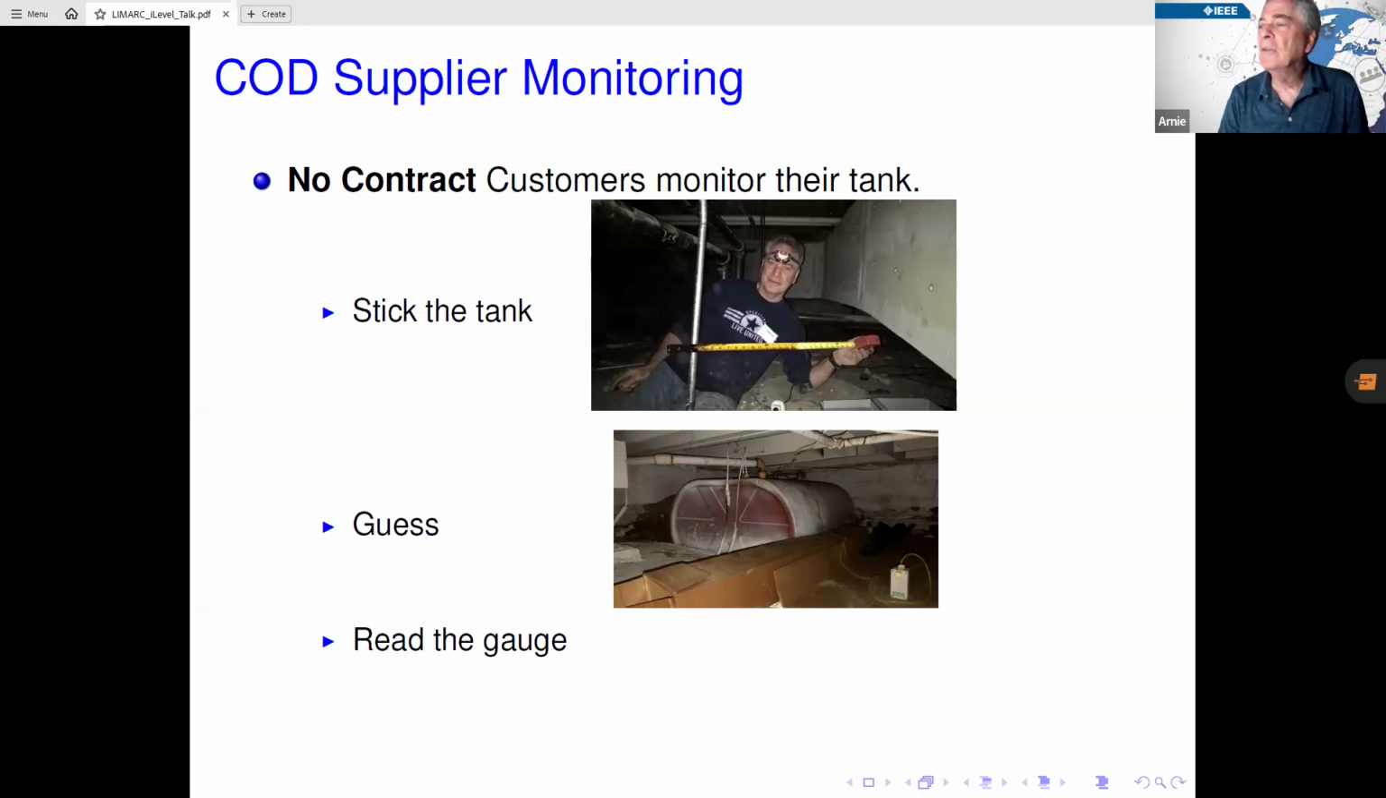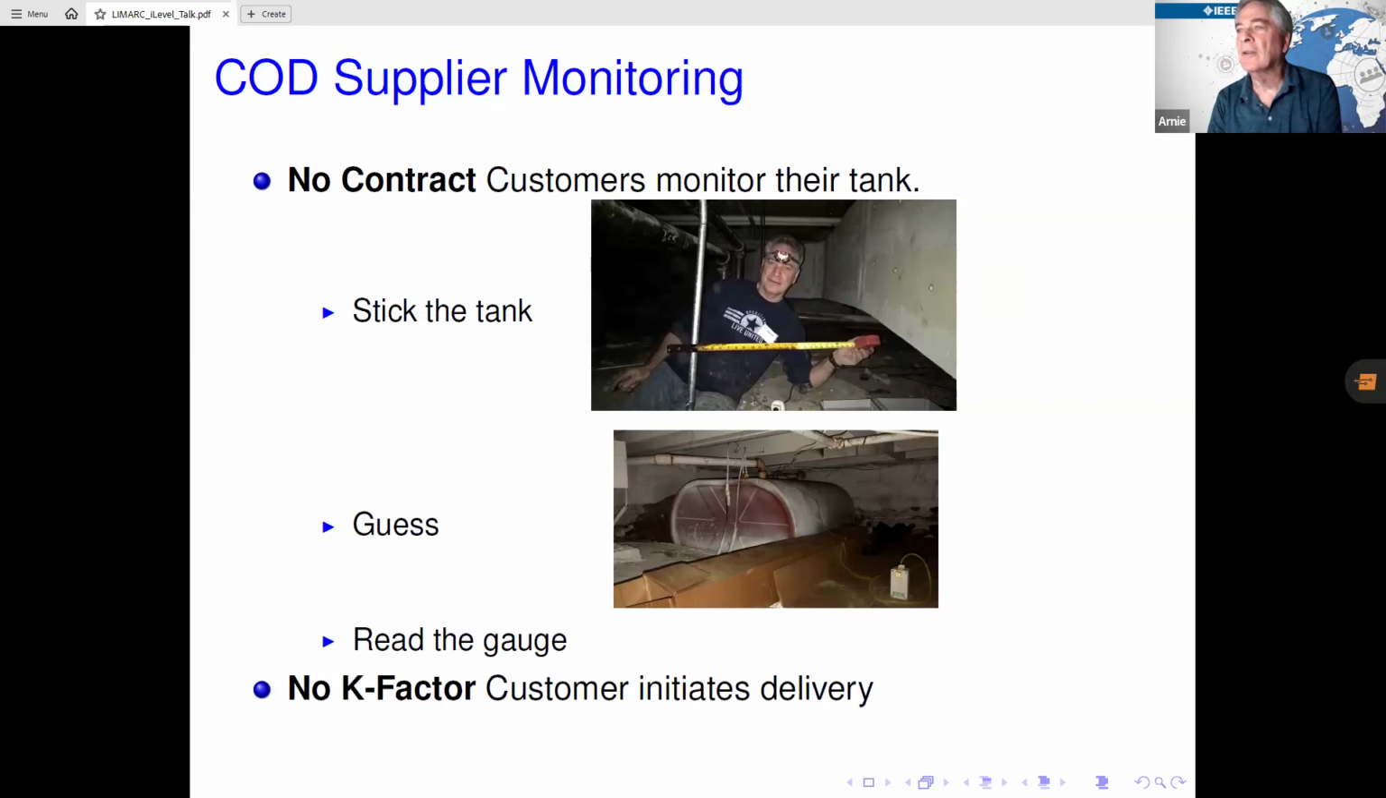Or you can read the gauge. Most tanks have a Scully gauge on the top, and you can read that. But of course, you have to actually go to the gauge to read it. You have to see it. So the COD supplier is really just going to depend on the residential oil tank owner to